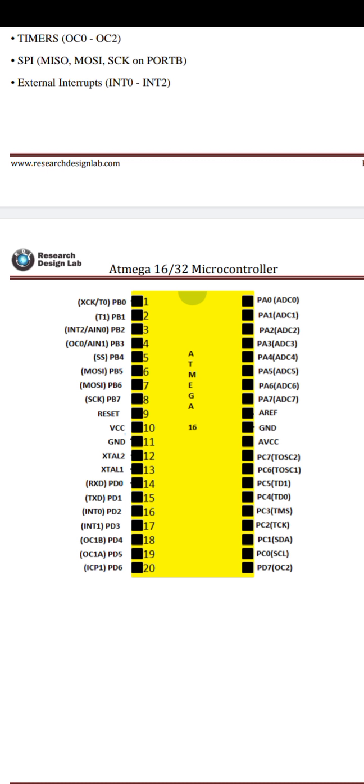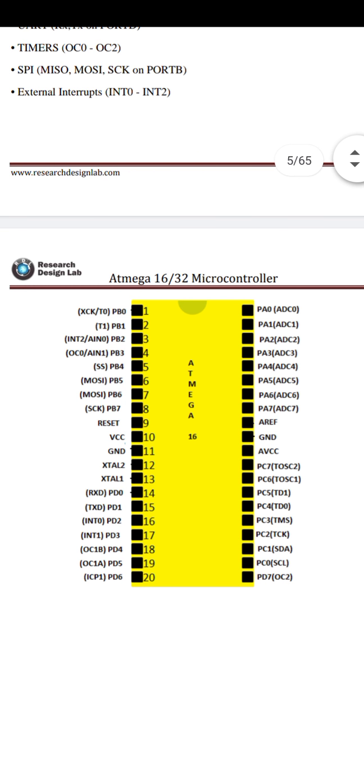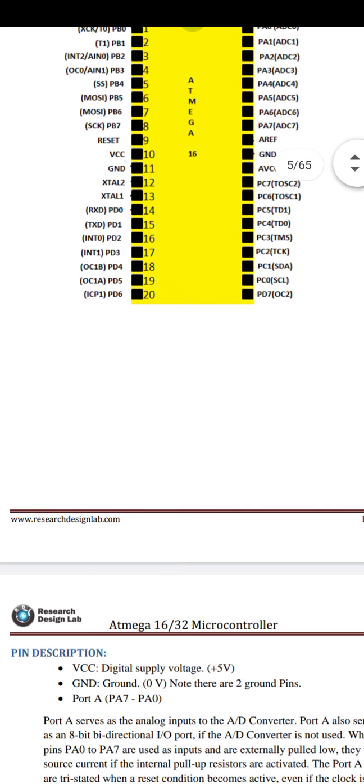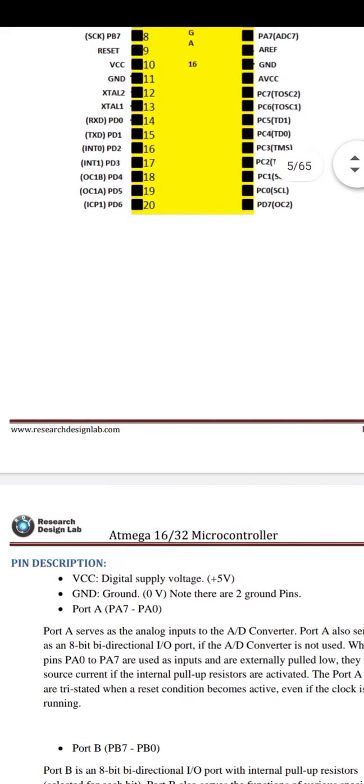Pin 30 is AVCC, 31 is ground, 32 is AREF, and pins 33 to 40 are A0 to A7, that is port A. Port A, port B, port C and port D we have to declare here. This is the pin description of the ATmega 16 microcontroller.